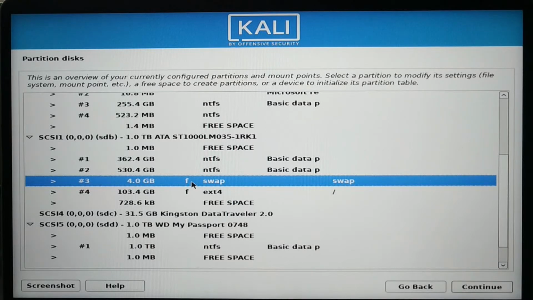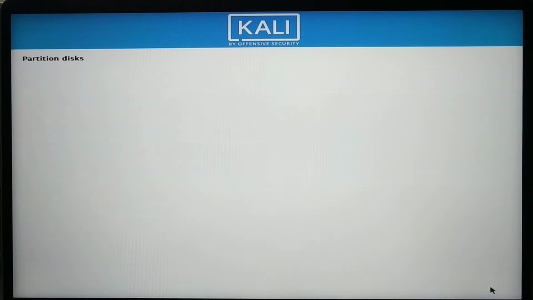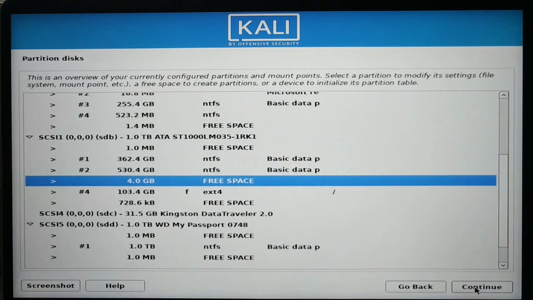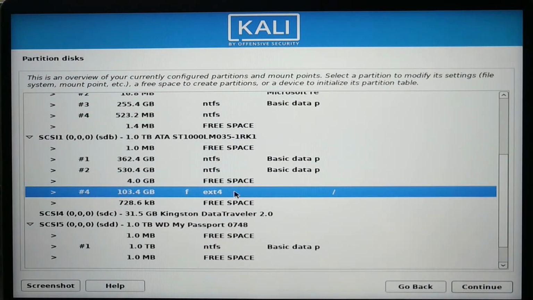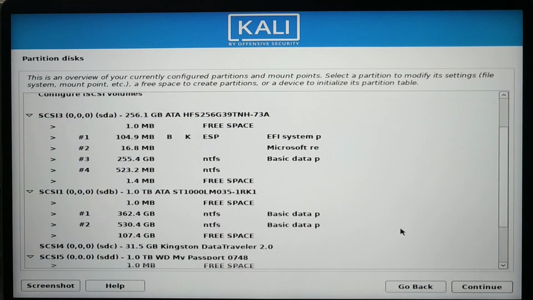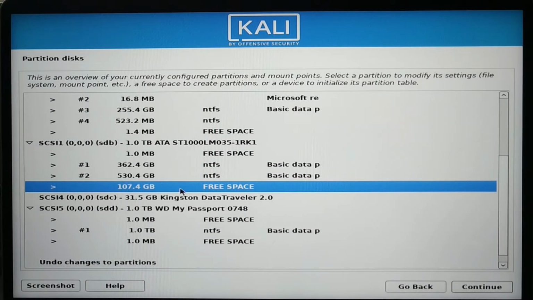But if you have created this partition mistakenly and you want to install it on the hard drive, or if you have created the partition mistakenly on the hard drive and you want to install it in your system drive, then you first erase the partition and please do not leave it as it is. So now let's continue. We will select any one of the partitions and then we click on continue, and then we select delete the partition and then we click continue, and then we go to the second partition and we click on continue. Here we again select delete the partition and then continue. After this is done, you can see that it is showing free space as a whole.